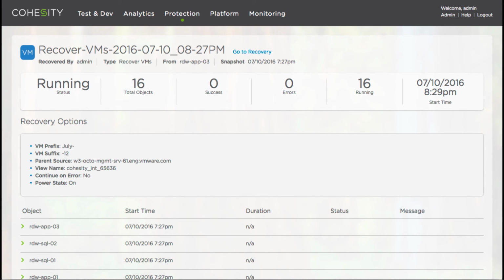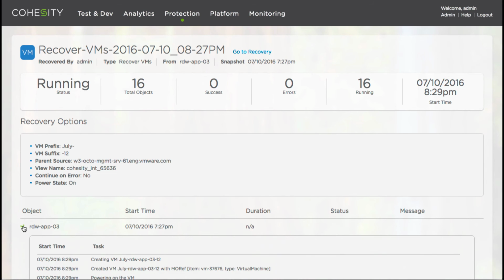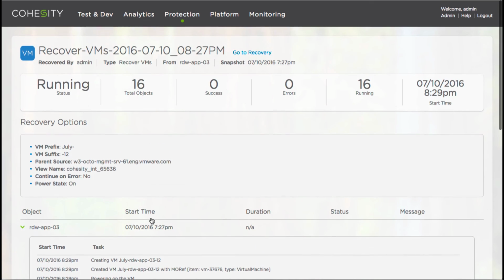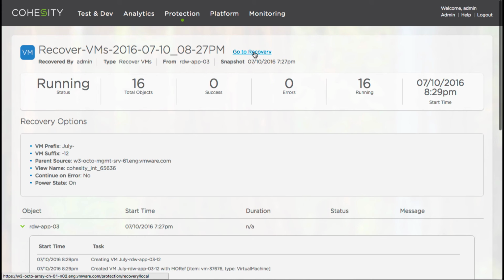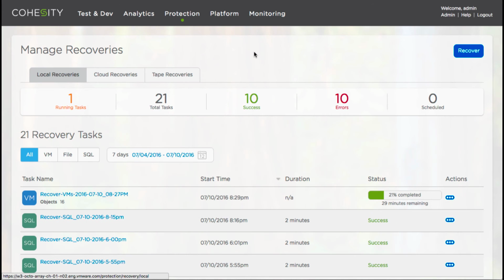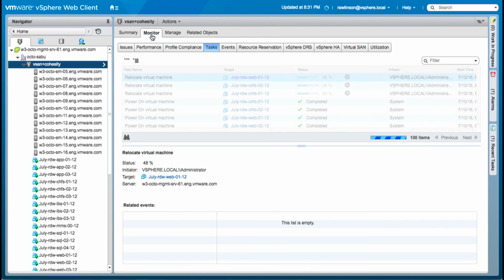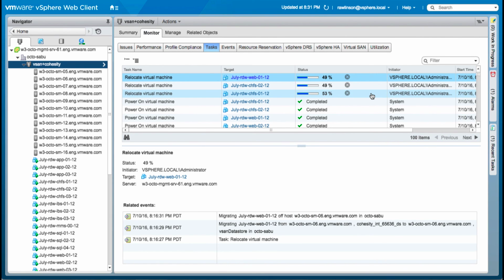Now, when we look back at the Cohesity UI, here are a couple of interesting things. You can dive in and look at the status of what's going on. You can see the process for powering on and powering off, so you can track everything that's happening with the individual virtual machines. But if you look at the summary of the actual job itself, while all the virtual machines are running and accessible, the job wasn't completed. Here you can see that the virtual machines are still being migrated from the Cohesity platform onto the primary storage,